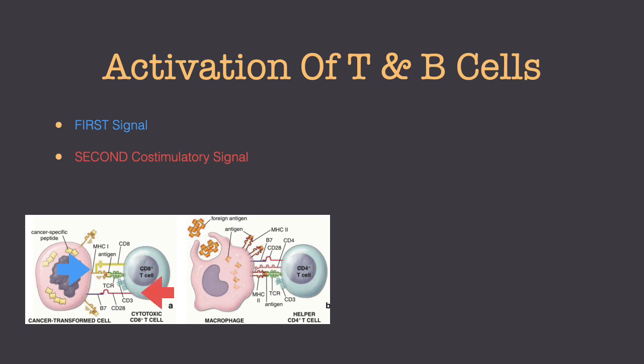A co-stimulatory second signal happens when the membrane molecules of both cells interact. One important interaction is between the B7 molecule on the antigen-presenting cell and CD28 on the T cell membrane. However, as a regulatory mechanism, a competitive inhibitor